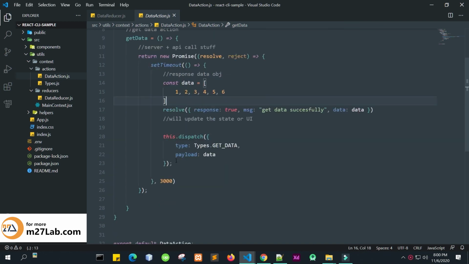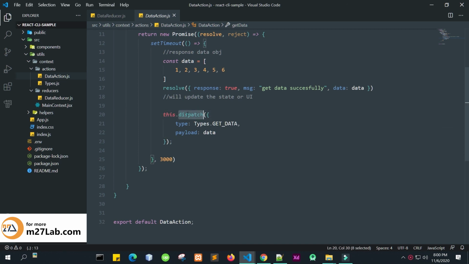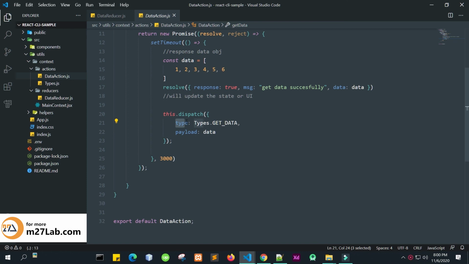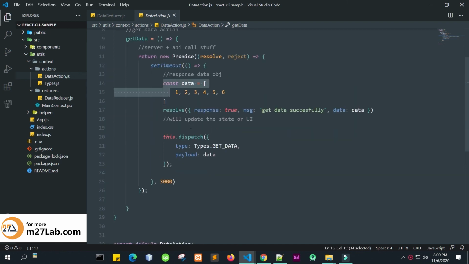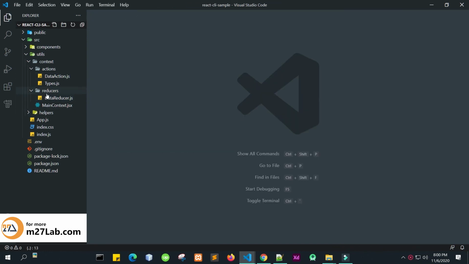After that, we need to do the dispatch. So we have this dispatch that we have passed here. Then we pass the action type as types.get data, and the payload is the actual data we get from the server. Okay. Then this data will go to this reducer and will merge from here. Okay. So that is the set of things, and then go to this